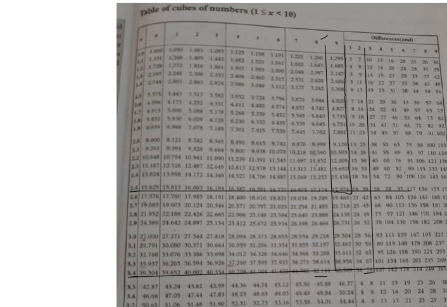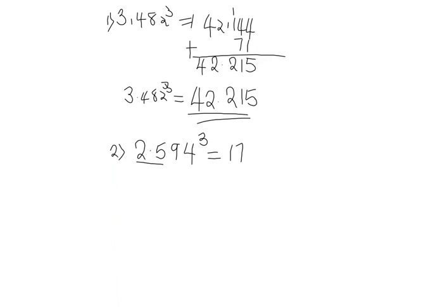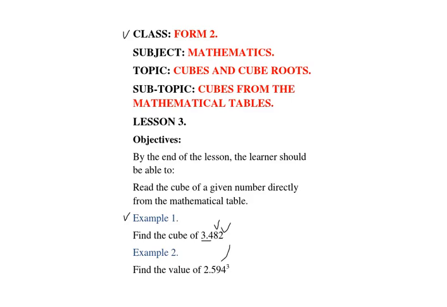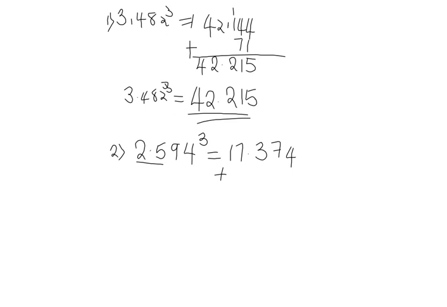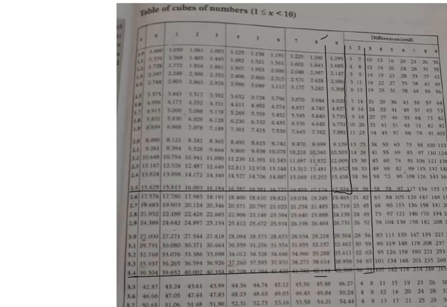So we write 17.374. Then we go to the difference column, to a column labeled 4 because it is our next digit. So on the difference column we have 4. Then we draw a line downwards to meet our row,